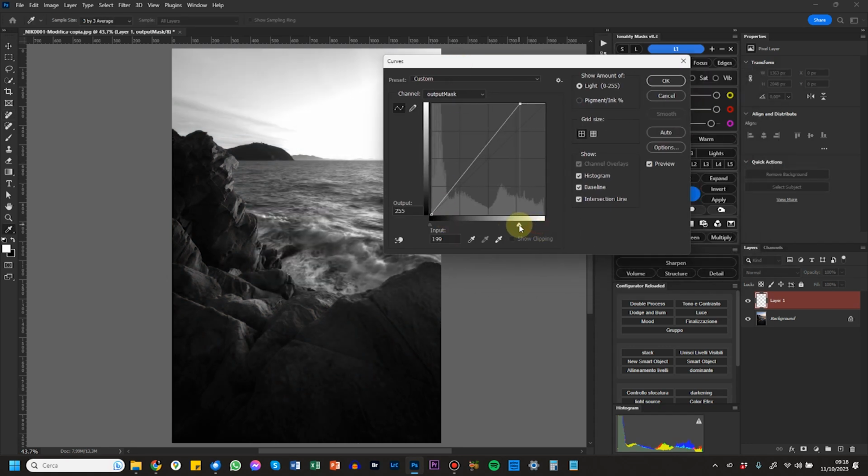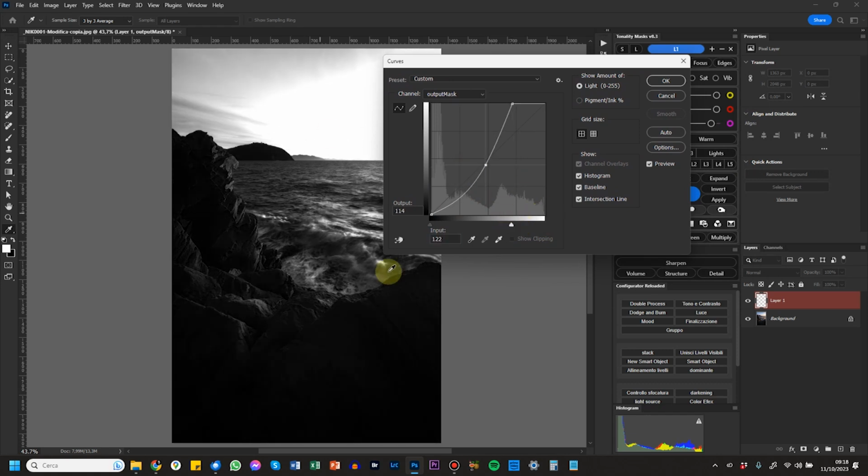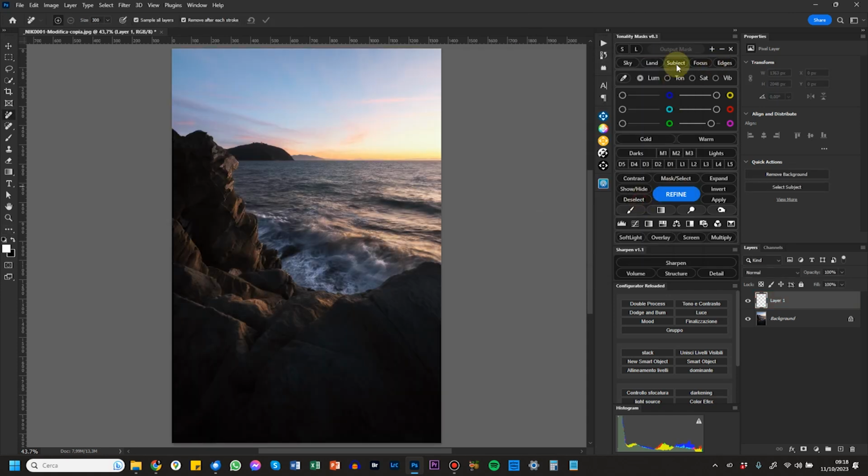I can do basically the same things I did with levels, but if you prefer to use curves instead of levels, you can do this. Let's go back and set it to levels, which is the way I prefer it. Now, that's the Refine button.